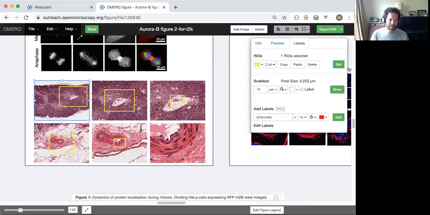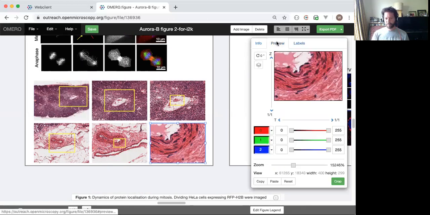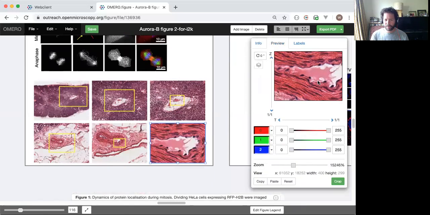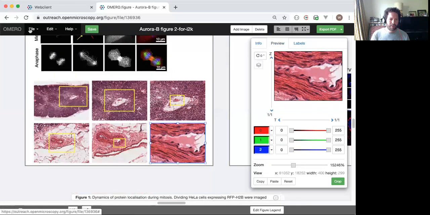Another panel down here, this is a very large image showing multiple zooming levels through the same image. So this is one that's kind of 96,000 pixels by 45,000. So I can pan around this. Okay, let's go back to,